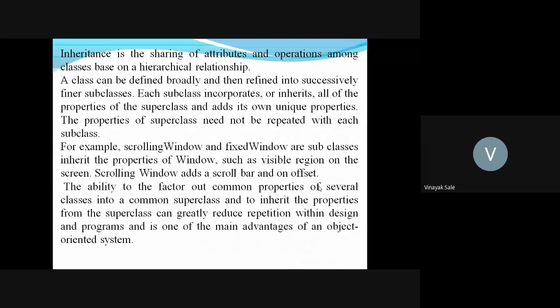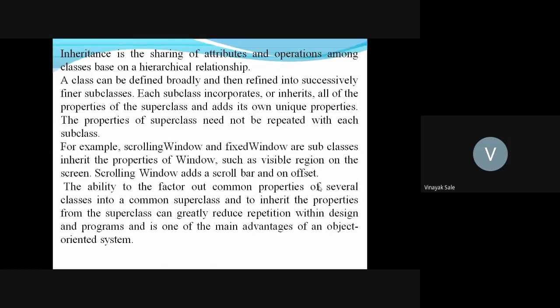A class can be defined broadly and then refined into successively finer subclasses. Each subclass incorporates, or inherits, all the properties of its superclass and adds its own unique properties.